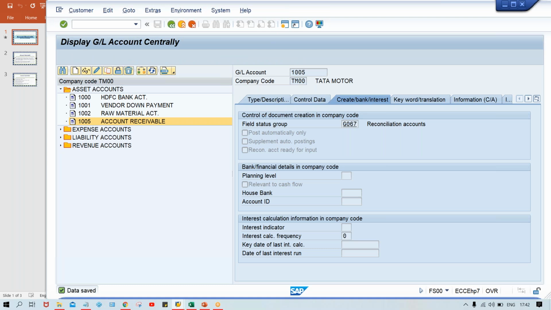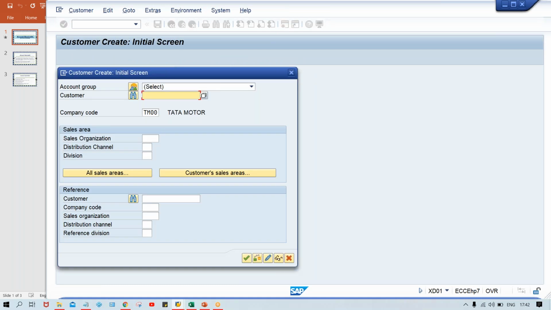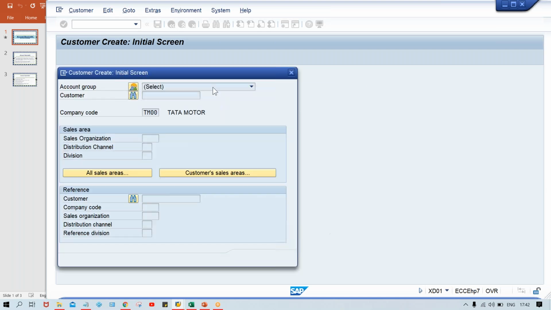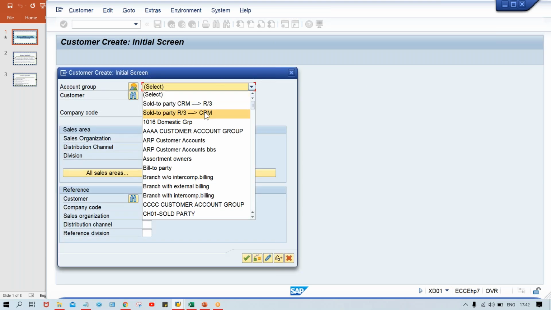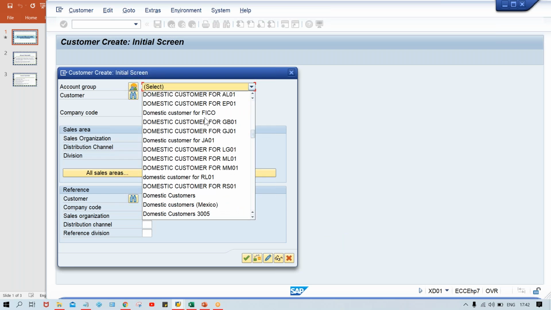XD01 is the transaction code by which we are going to set up the customer master. So here in customer master, multiple details are there. First of all, you need to select account group. Click on here. You're having two options. From here also you can select, but description-wise it will take time. Better to click here